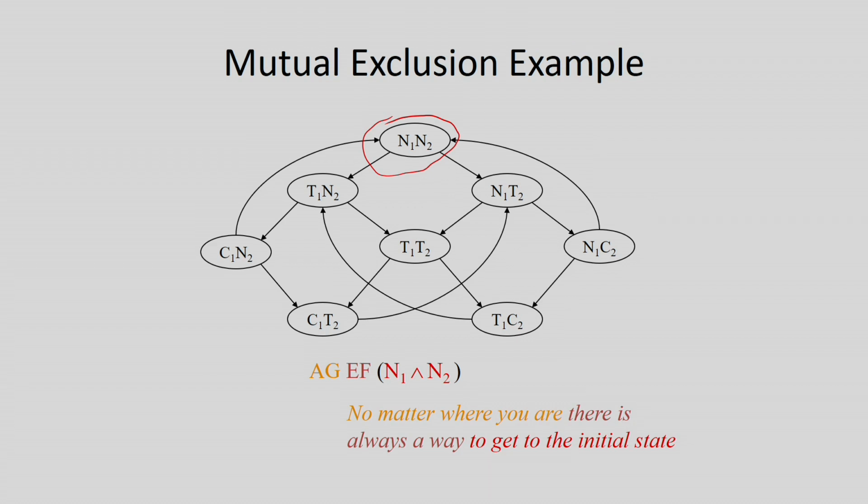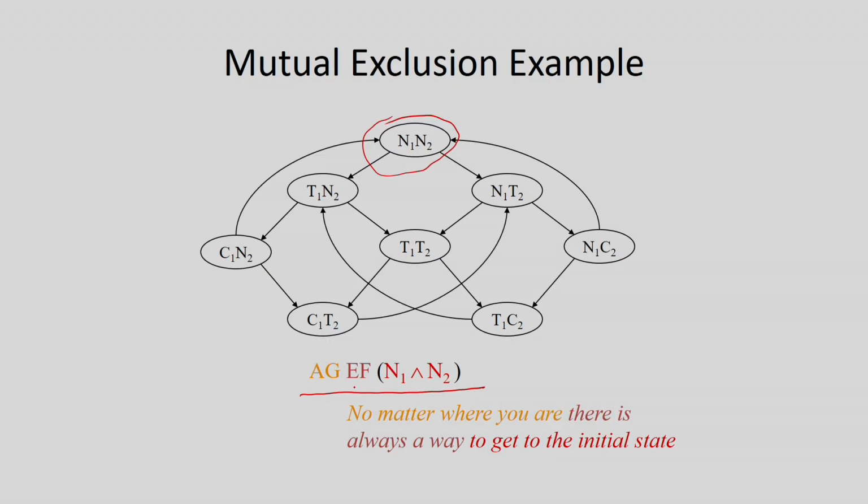So, we are going to capture these properties in a formal way, and in this particular case we are talking about CTL, computational tree logic. So, this property can be expressed as AG EF (N1 and N2). In a particular state, N1 and N2 is true, that means this is the initial state. So, wherever you are, there exists a path in future where N1 and N2 becomes true, and this property should hold globally, because we are saying that no matter where you are. So, this property must hold globally. That is why I have this connector AG.